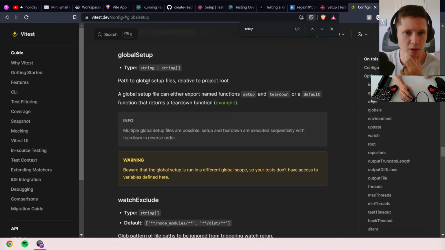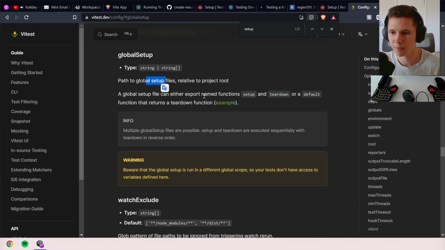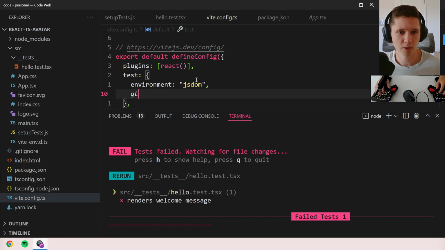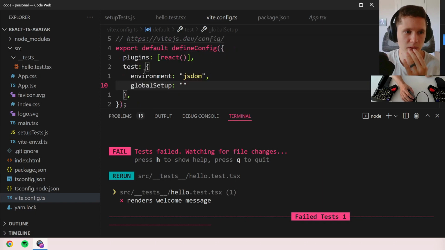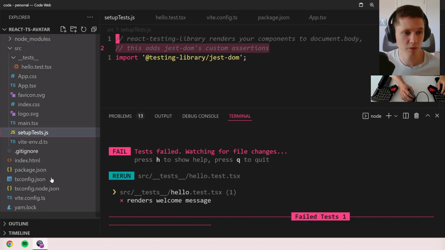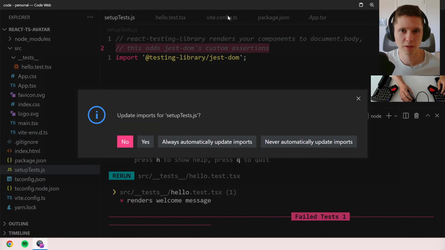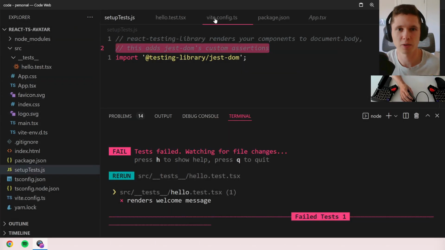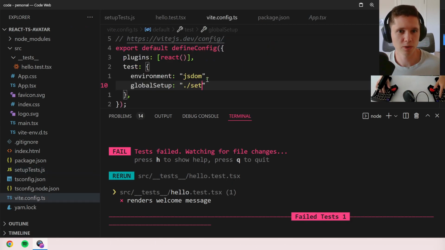Oh, there we go. So path to global setup, relative to project root. So if we go back here, we go to our Vite config, we do global setup, and it's relative to the root. Let's just move it to the root then. I don't think I need to update those. Yeah, okay, cool. So if we go back and we just do setupTest.js, and then we come down here